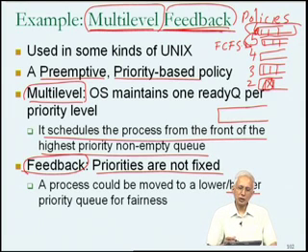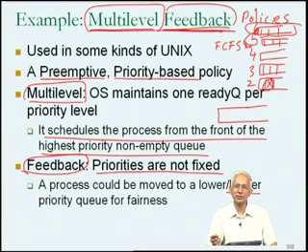So this combination of having multiple levels, in other words priorities, and feedback, in other words the priority is not being fixed, but the priority of a process potentially increasing or reducing, could end up with policies that are not only dynamic in terms of how they treat processes, but also as fair and as efficient as could be designed. So these are quite flexible process scheduling policies compared to the simple alternative of something like Round Robin,